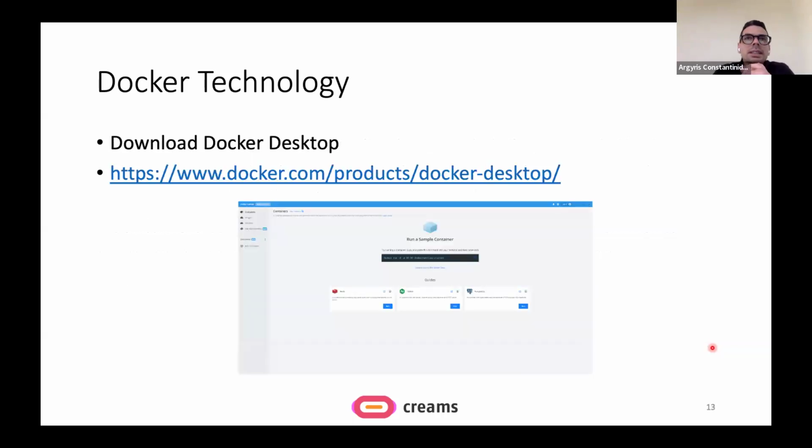So what someone will need in order to be able to build and run the entire Screens backend architecture, first of all, they will need to download Docker Desktop.